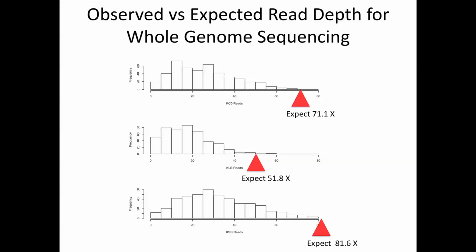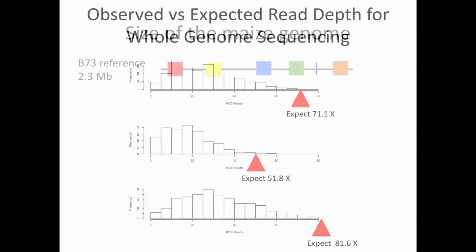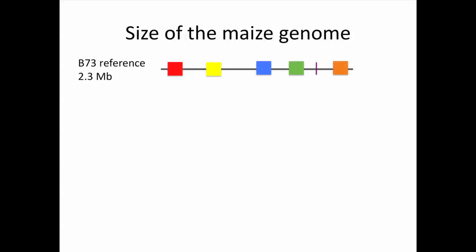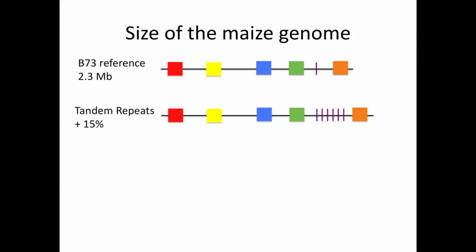And so what are the reasons that we might see this? Here are some of the explanations that we have to get a closer match to that empirical information. When we look at the reference genome, it is something like this. The squares might be genes in the reference genome. In between, most of the Maize genome is repetitive sequence. It's not to scale here. Probably only about 15 to 20% of the Maize genome is low copy sequence, with the remainder being highly repetitive.